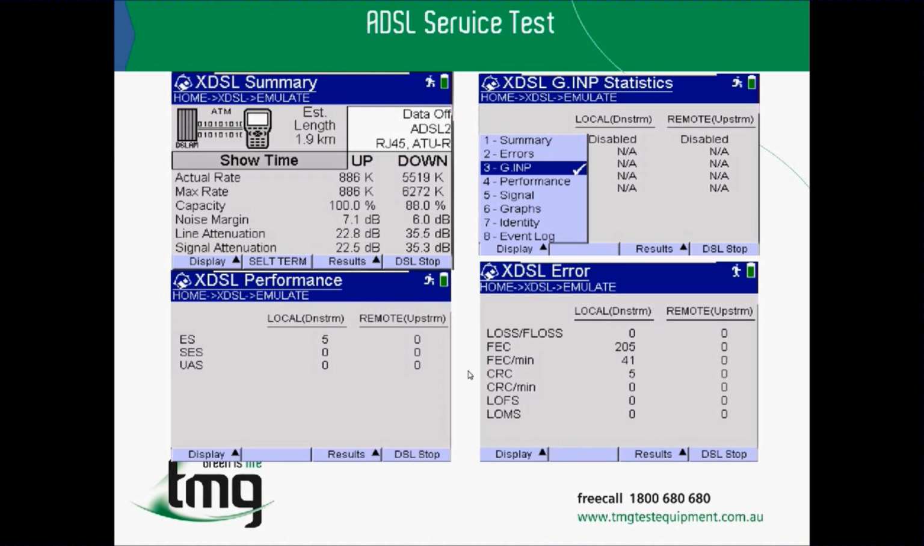Also, we can use the unit to see what kind of errors we are getting, like the loss of frame, the forward error correction, the forward error correction per minute, the cyclic redundancy check, the cyclic redundancy check per minute, the loss of frame per second, and the loss of